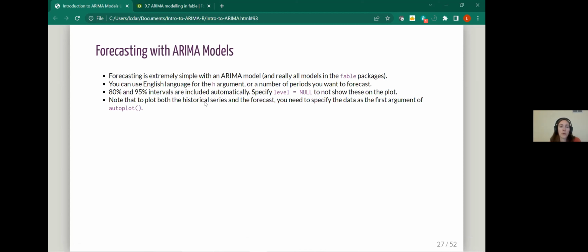If you want to plot both the historical series and the forecast, because you want to see the forecast in comparison to the time series data, you'll need to specify the data as the first argument of the autoplot call. And we'll see an example of that. So we've got our fit object, forecasting 1 year ahead. It's going to be 12 months in this case. And I don't need to see the 80 percent prediction intervals. So I'm just going to call sales_tsibble. The nice thing is this is the whole data set. So we can see,